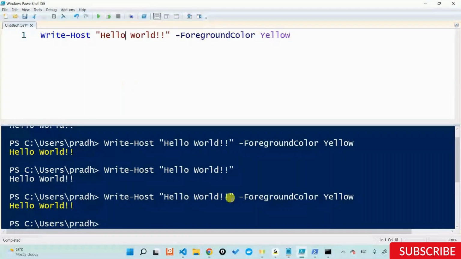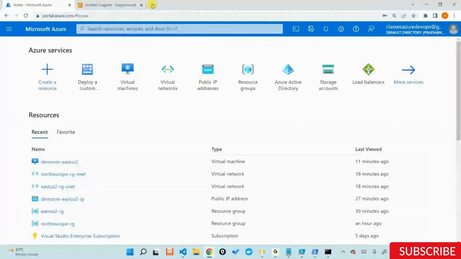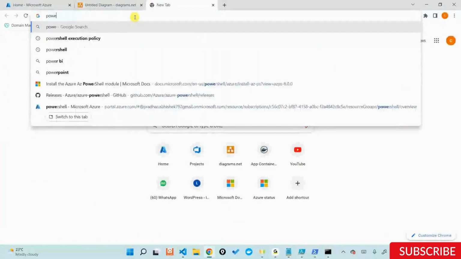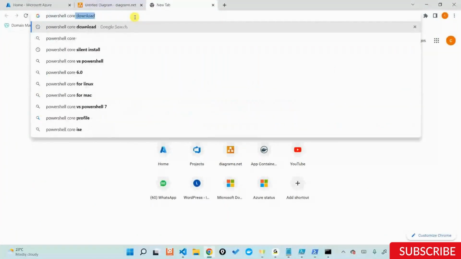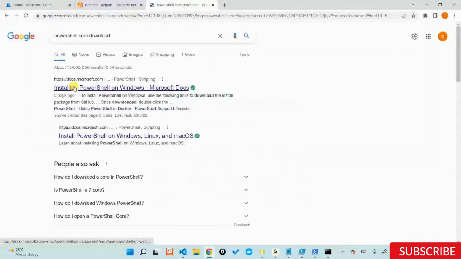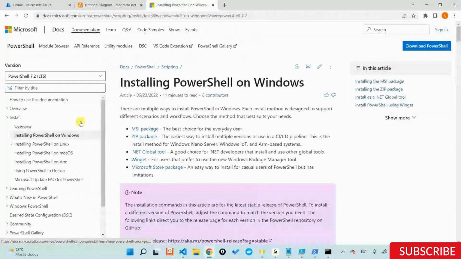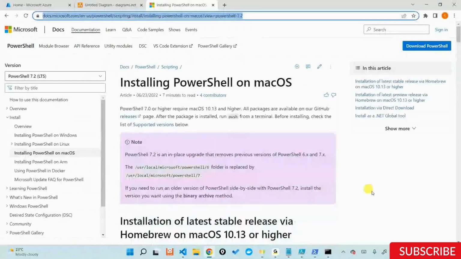Yes, any questions, guys? Is it available on MacBook Pro? On MacBook Pro, no, it's not available. You can, however, if you are using a different environment, use something called PowerShell Core. You can install PowerShell Core on Windows, Linux, or Macintosh. You can go with this one and install it, and you will still get the same thing.